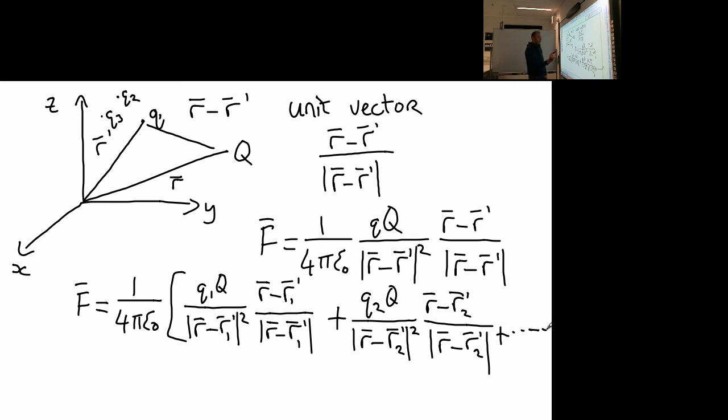And what we can do then is we can see that we've got Q in each of these, so we can bring the Q to the outside, and we can write now our electric force in terms of Q times the electric field. Okay, so the electric field is going to be the force per unit charge. Okay, so now we've got an expression here for the electric field, which we can write out. Okay, so how does that look? So now we can write our electric field,